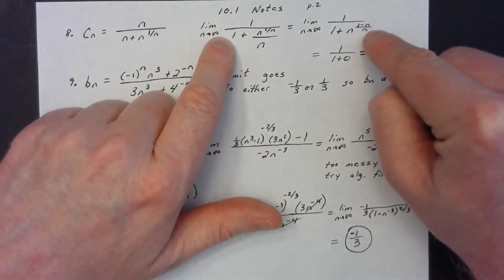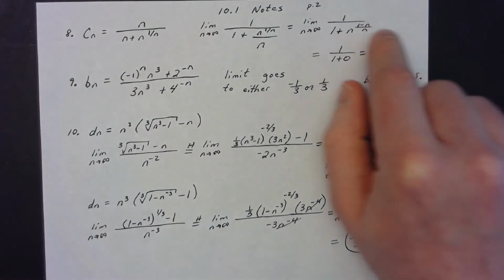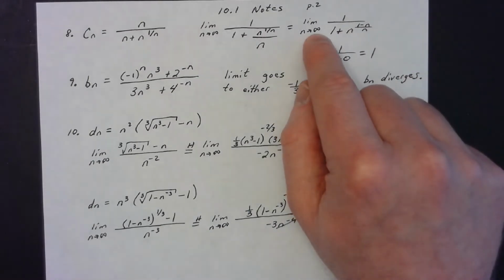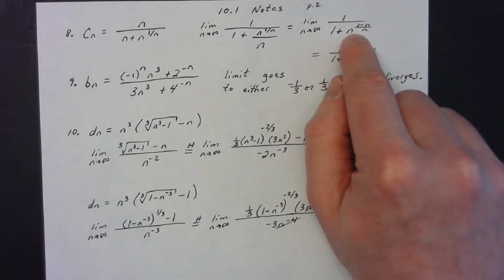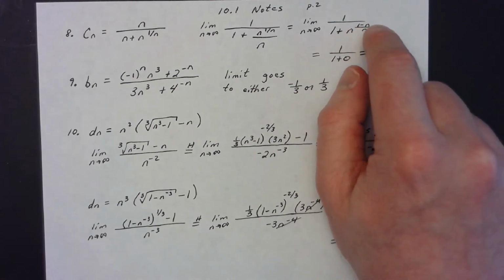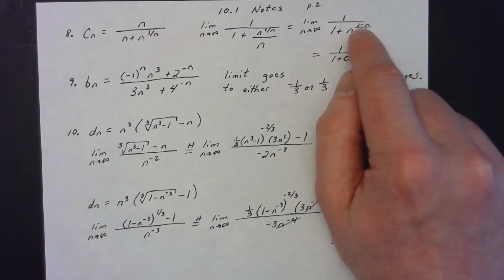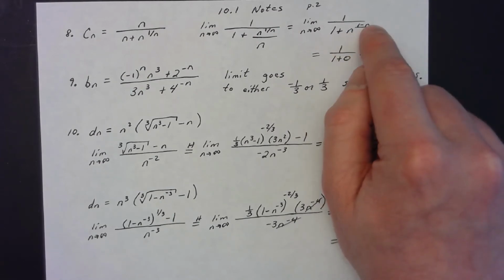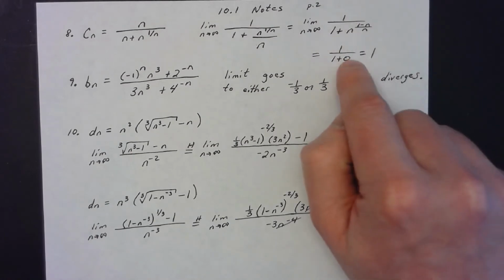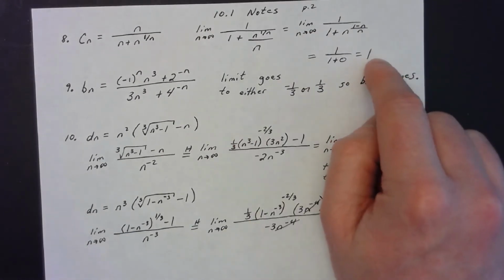If I look at this other one, how can I see that this goes to 0? Since n goes to infinity, this base n is going to be raised to a negative exponent. 1 minus an infinite number, that's negative infinity. Negative infinity over infinity is going to be a negative exponent. You have an infinite base raised to a negative exponent. That means 1 over infinity, which goes to 0. So my overall limit there just goes off towards 1.